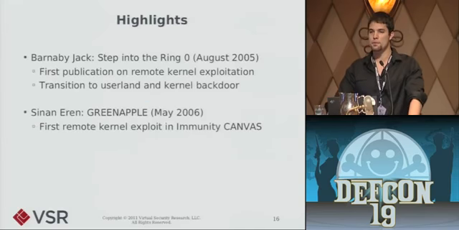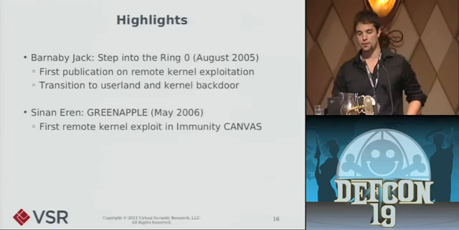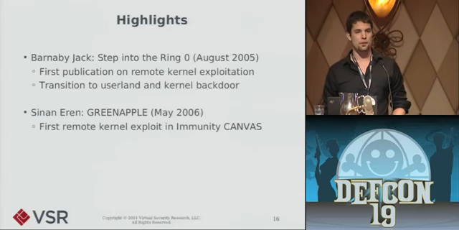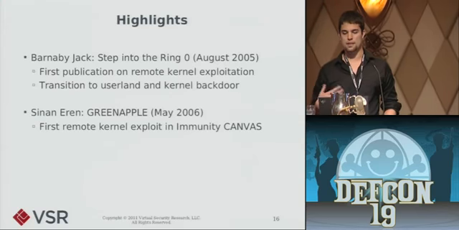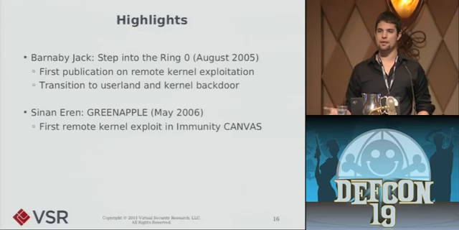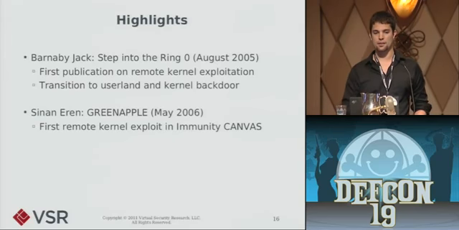So just a brief walkthrough of some of what are, in my opinion, the highlights of past work on remote kernel exploits. Barnaby Jack did the first work that I'm aware of. He started in 2004, 2005, and he exploited a remote stack overflow in a Symantec firewall application. And he demonstrated a lot of really cool things, especially detailed shellcode examples for how to transition from running in the kernel to actually executing userland code. And he also demonstrated a kernel backdoor that in many ways was sort of an inspiration for the one I